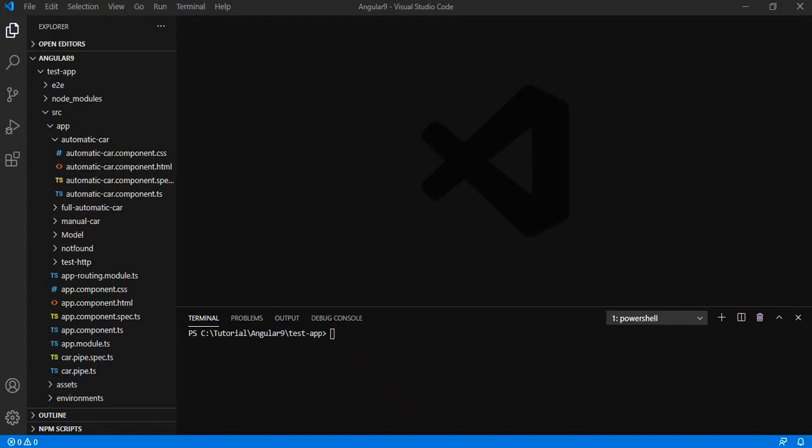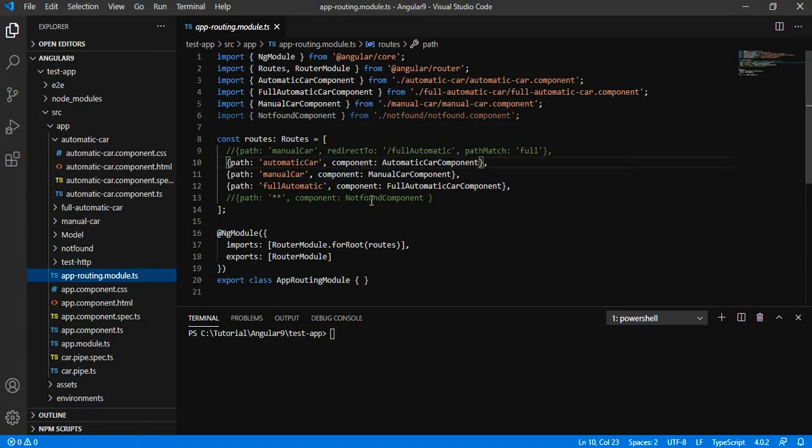In this video, we will see how we can send the data from one view to another while navigation. First of all, we need to add the parameter in our path. Suppose that we want to add a parameter on this particular path. Let's say name, and we need to transfer some data from our view.